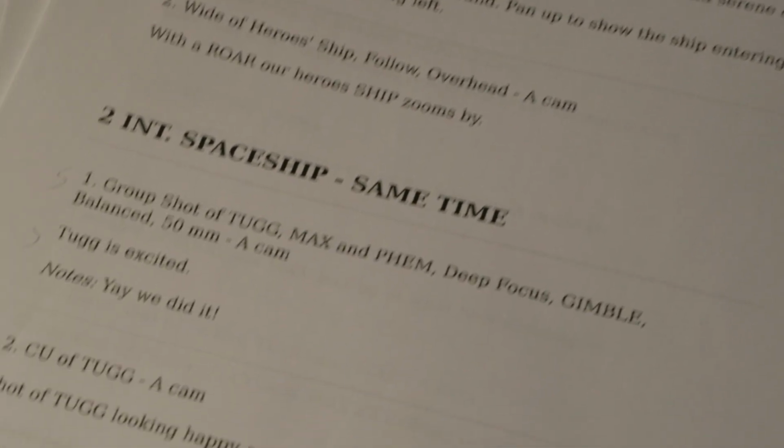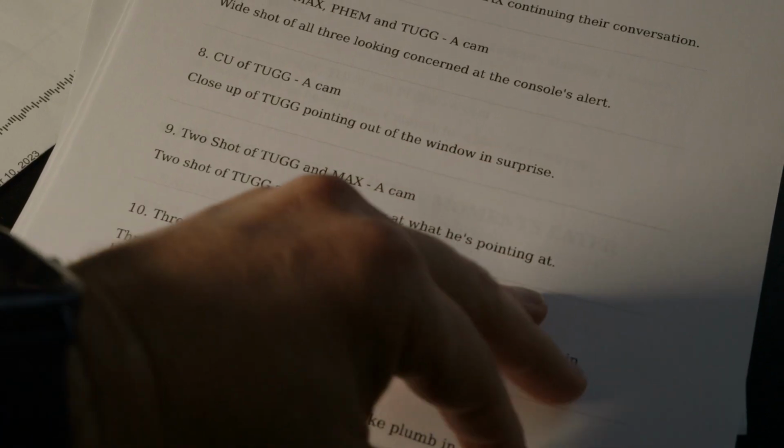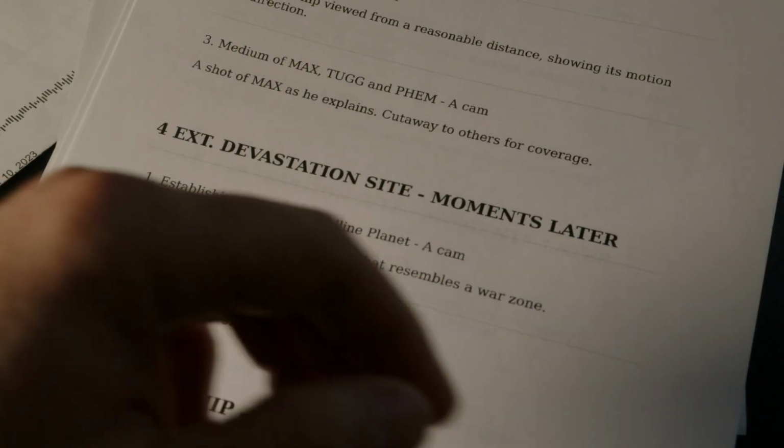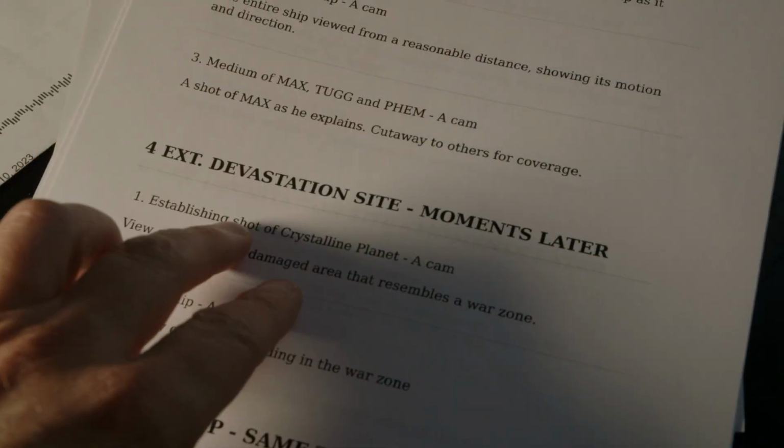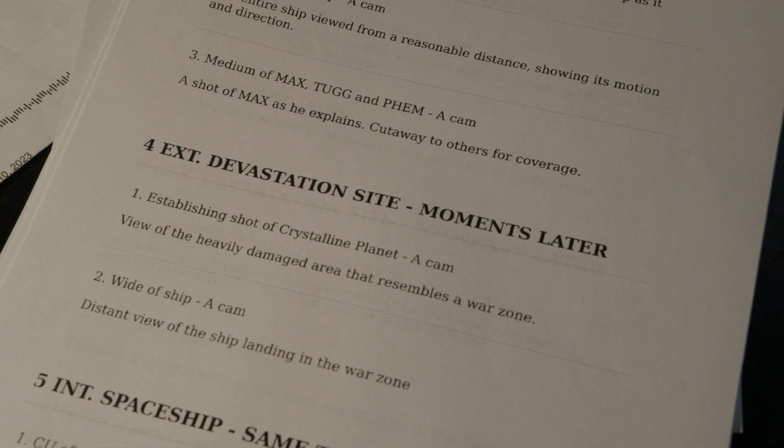So I took my script, I put it in, and I was fully expecting to have to do what other programs do and fill in all of the information myself. To my surprise, Shotlist AI filled out everything for me, from what kind of lens I was going to use to how the shot was going to be laid out. And in many cases, exactly how I planned on doing it anyway. So something that would have taken me weeks to do took me just a matter of minutes.